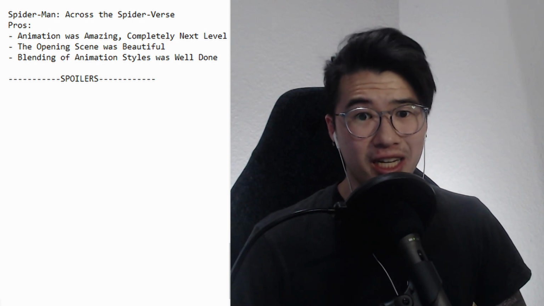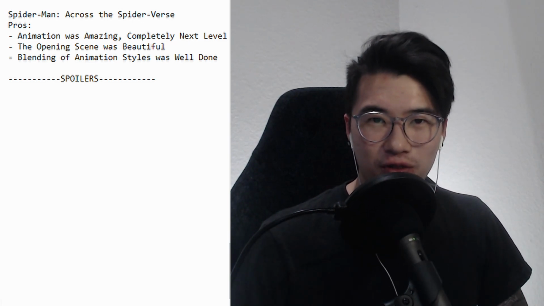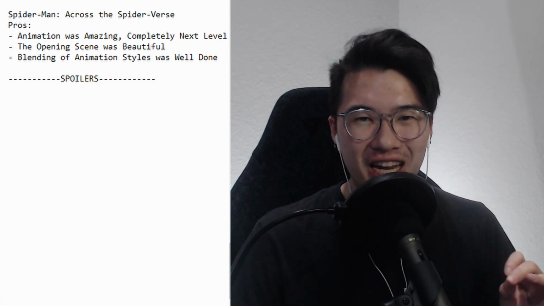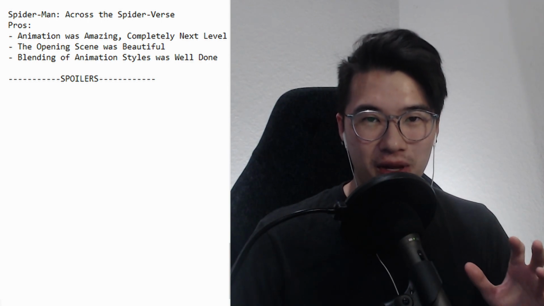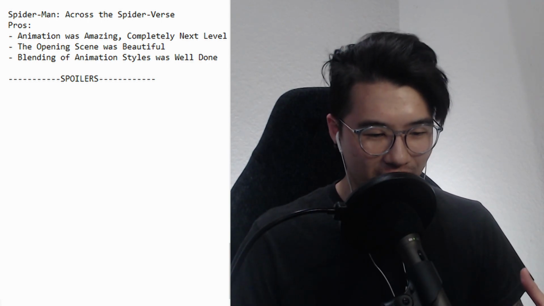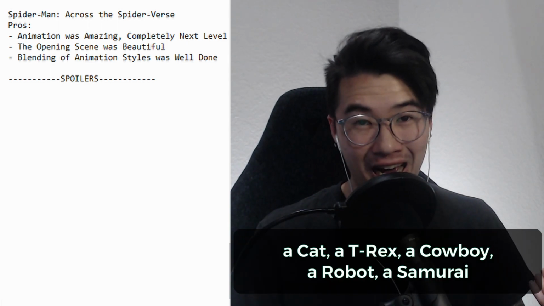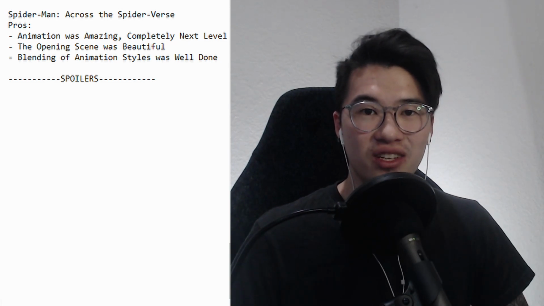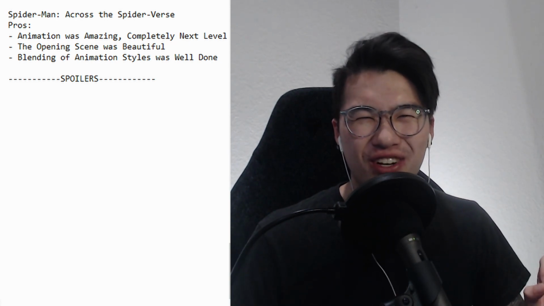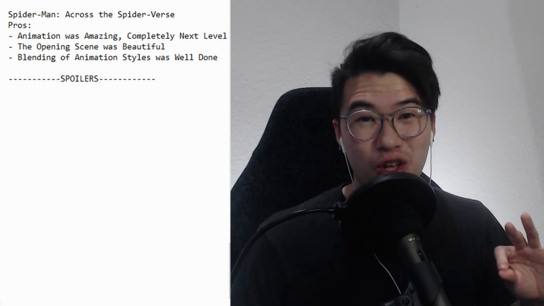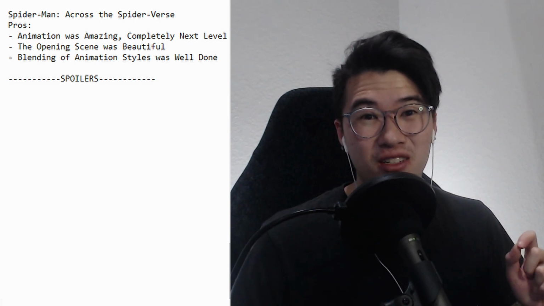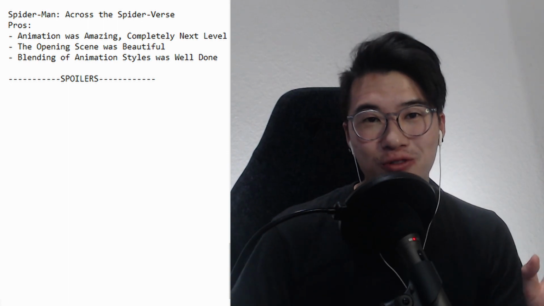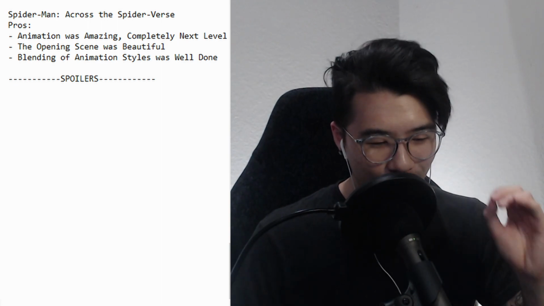Continuing on about overlaying animations, when you get to the Spider-Verse portion of the movie, it's crazy. As I said earlier, any art style that you can imagine, any animation style that you can imagine, any form that you could think Spider-Man could appear in, a cat, a T-Rex, a cowboy, a robot, a samurai, etc., they have that. Every single iteration, I'm pretty sure if you did a slow-mo breakdown, like 0.025 speed, slowing down every single frame and watching it, I'm pretty sure there's a YouTube channel that does something like that, you'll probably find one random Spider-Man that you can think of. They put everything in there.